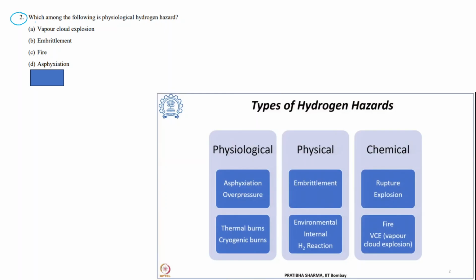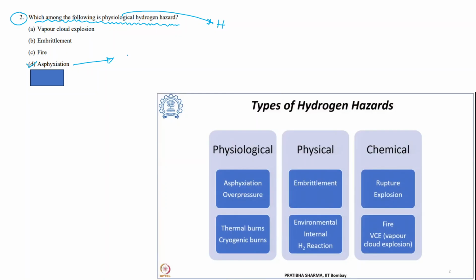Next one: which among the following is a physiological hydrogen hazard? Physiological hydrogen hazard means it is related to physical health, human physical hazards. What will be the right answer? Option D. Asphyxiation. Asphyxiation, as I already told you, is related to human health hazards, meaning different types of human health hazardous issues like